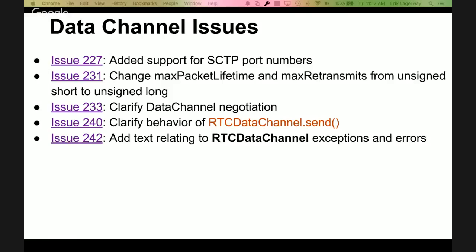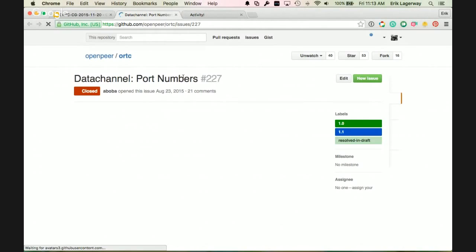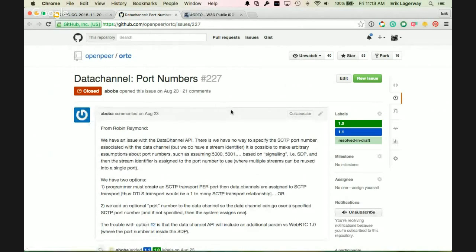Does that mean you can actually set up more than one? No, you only set one. Because I guess theoretically, no, because there's a connect method, like a SYN-ACK sort of thing, and you have to specify what port you're going to use. I don't know. What I'm saying is, can you put in the SDP two SCTP lines with different port numbers, two a=sctp-port lines? Sure, you could. No, two m lines. Yeah. In theory, yes, with different port numbers bundled on the same transport. Yeah. We decided not to support that, but if we hadn't put that restriction in, then yeah.